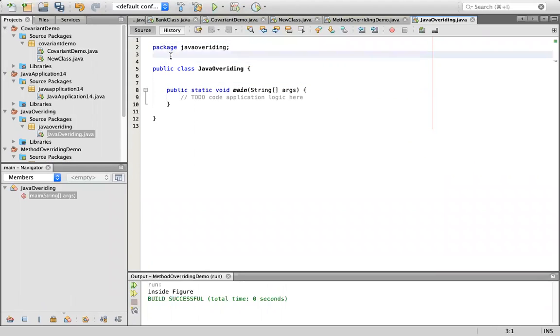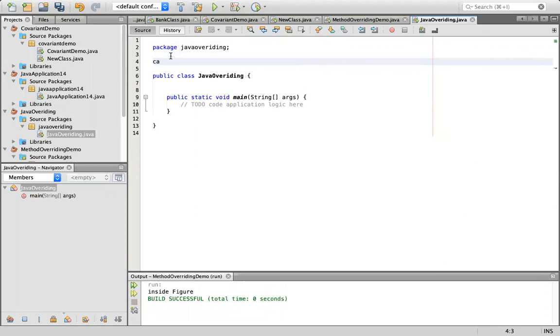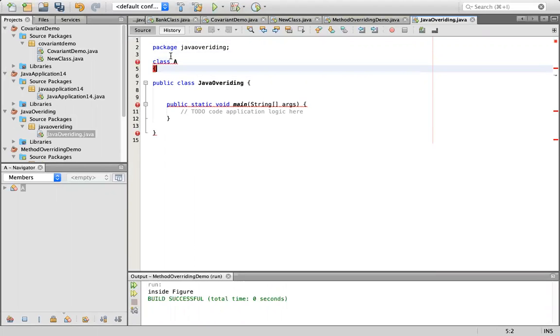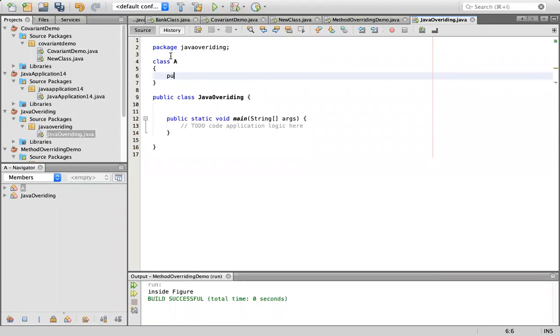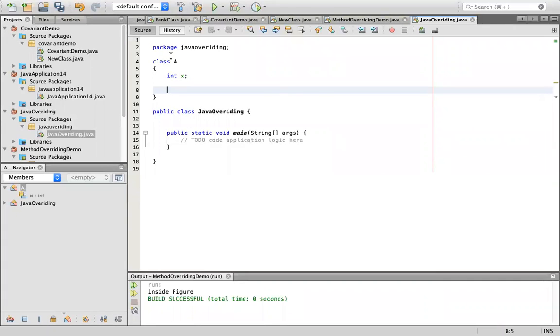So here I'm going to write one class A, and in this class A I'm going to write one integer variable, int x, and then I'm writing one method that is public void show,